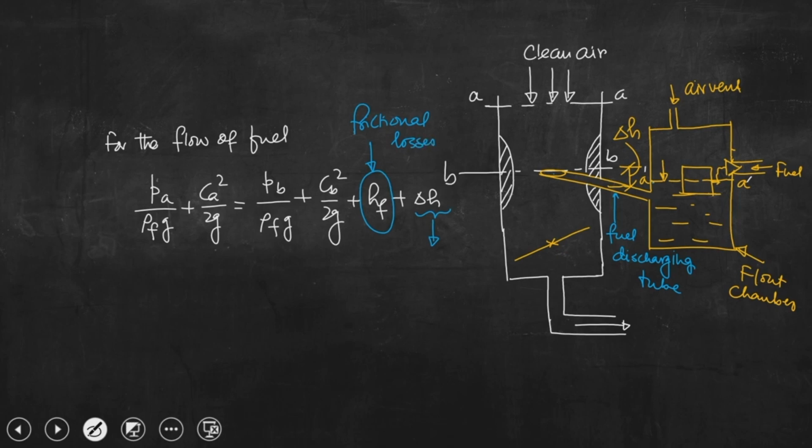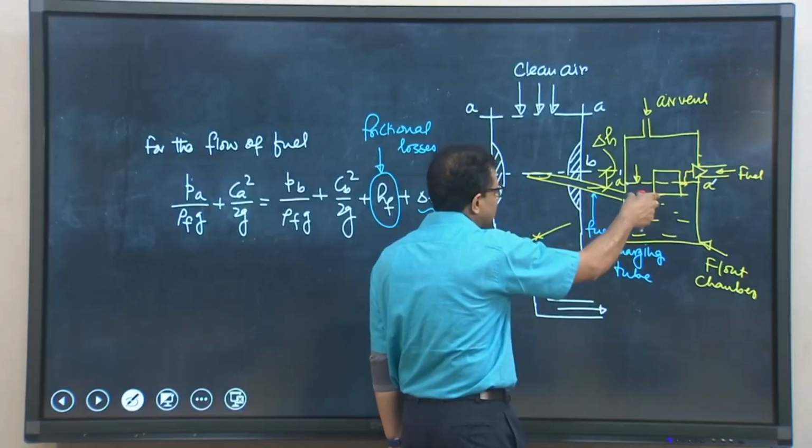Okay, so these are frictional losses, because you know that there is friction, both internal friction and external friction. Internal friction is the friction between the fluid layers, while the external friction refers to the friction between the solid wall and the adjacent liquid layer. So, this is frictional losses, and again if we see that the cross sectional area of the float chamber is